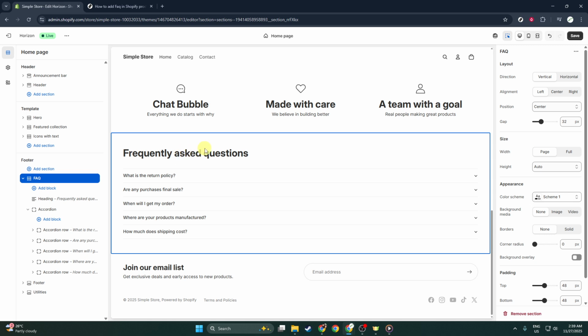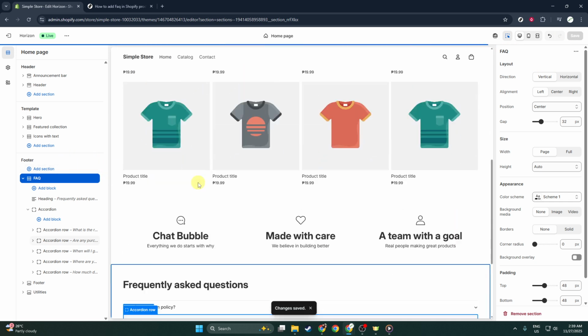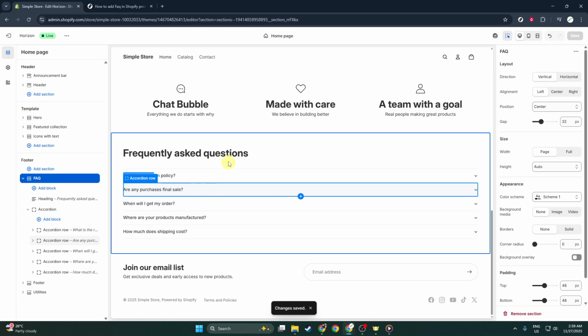When you're happy with the setup, click Save in the top right corner. Give the preview a quick check on desktop and mobile to make sure the spacing and toggles look good. If nothing updates at first, hard refresh your browser or clear cache to load the latest theme changes. If you work on an unpublished theme, remember to publish when you're ready so customers can see the new FAQ